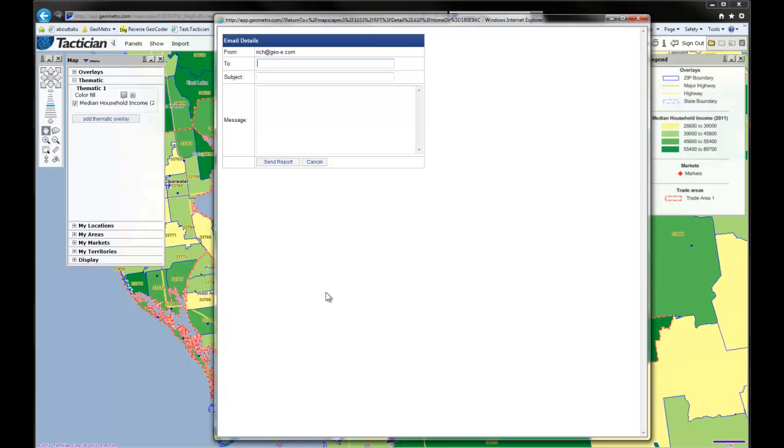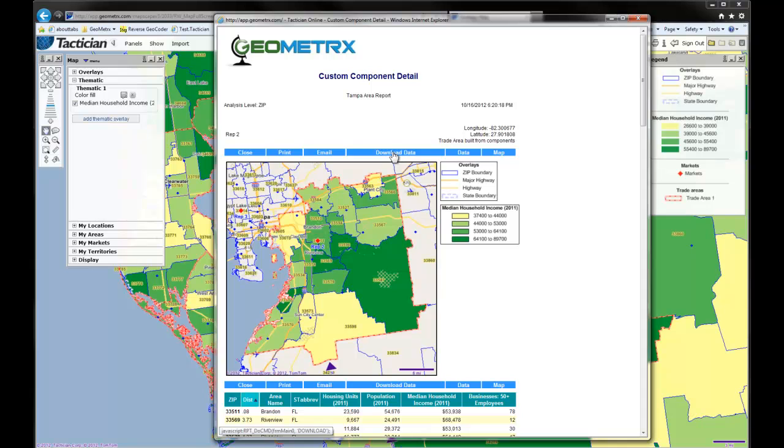So if you want to send just one area, rerun that report with that single area selected, and then type in a to, a subject, a message, and you can send that report right off to them, and it's going to show up as a hyperlink in their email. And if you also need to download this report, you can click the download data button,